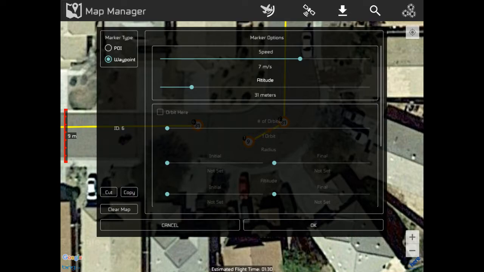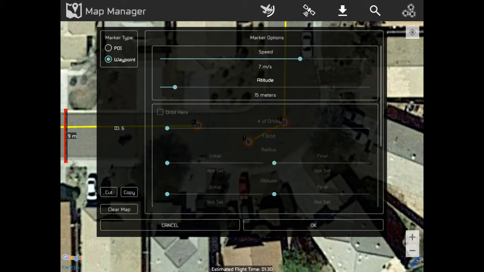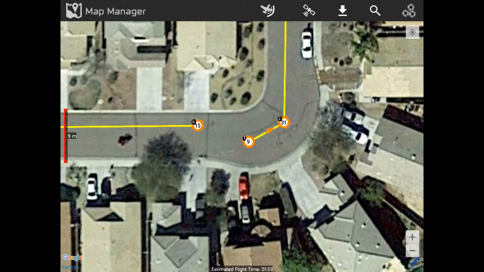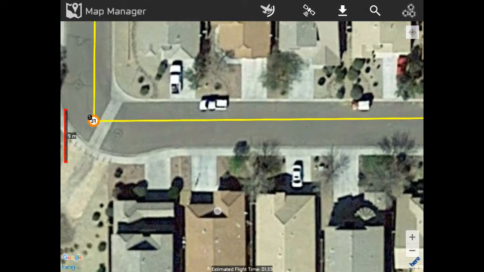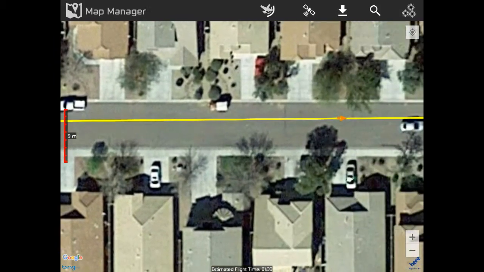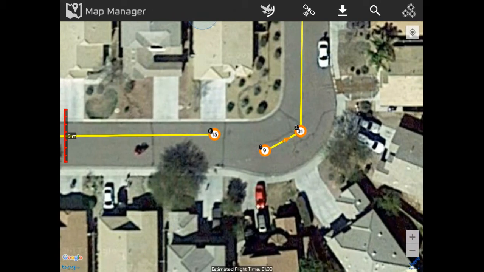And we'll lower this down to 15 meters. So it'll keep dropping down as it's coming along, and when it gets to this waypoint, it'll be down to 15 meters. Okay, so it's going to go from 30 meters, 100 feet, down to 15 meters or 50 feet roughly,